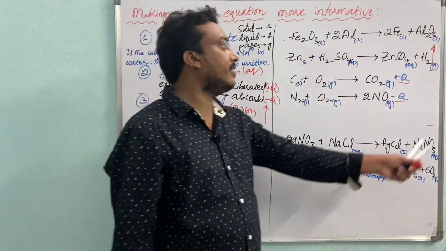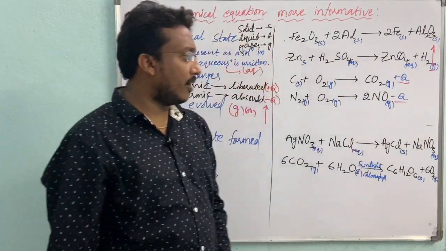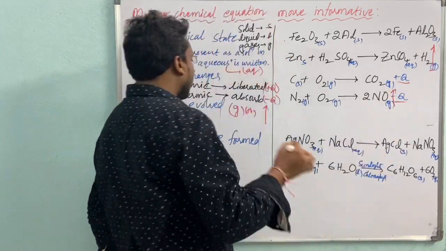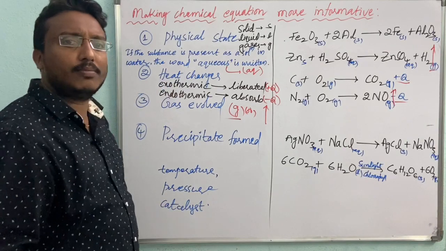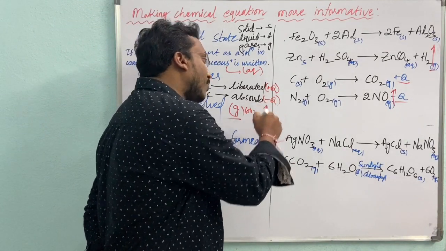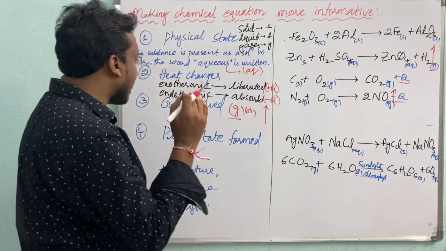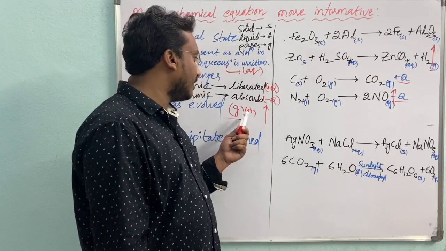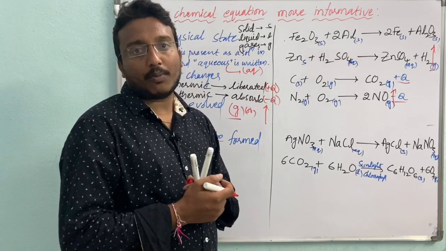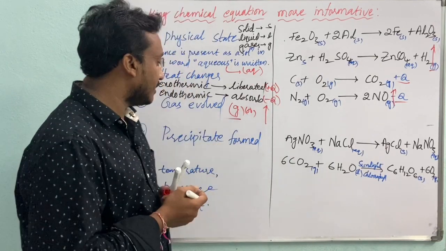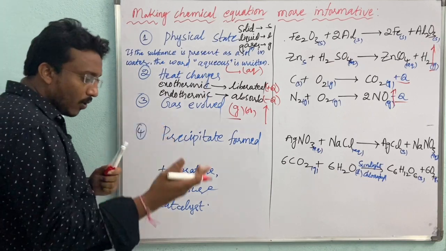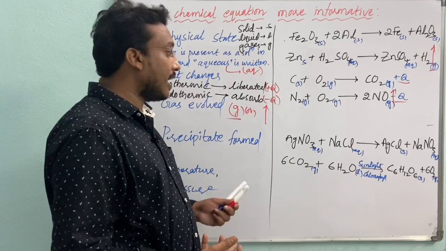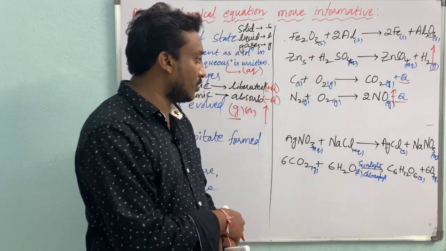In the reaction we may use either an upward arrow or G. You can designate it with G or with the upward arrow. Whatever you prefer, if gas is evolved in a given chemical reaction, we have to designate it with either G or the upward arrow mark. Next, we have already discussed that while a chemical reaction takes place, sometimes a solid substance is also formed.